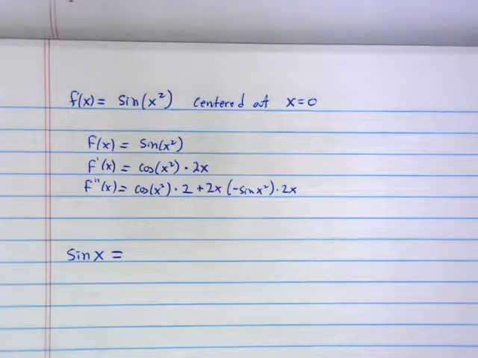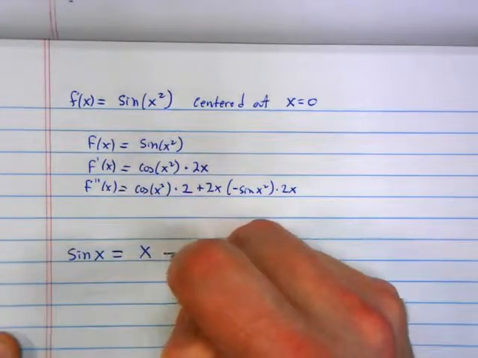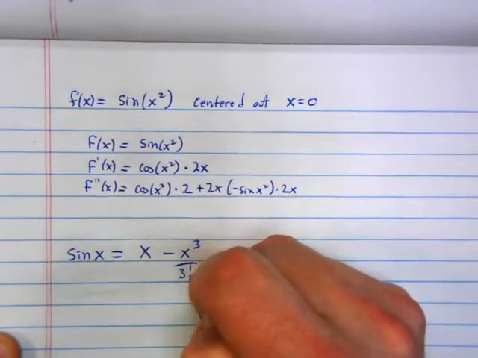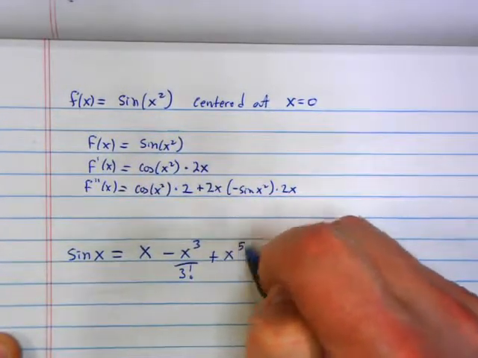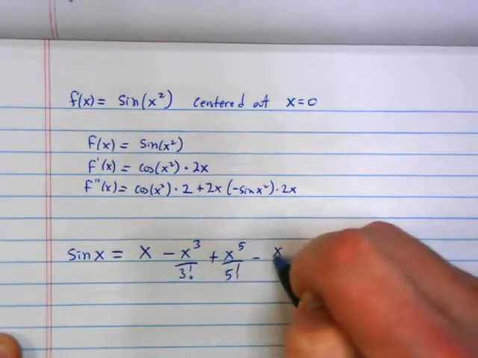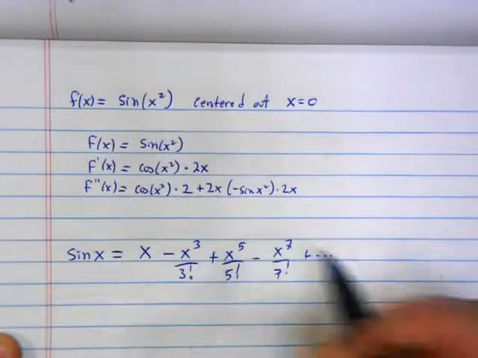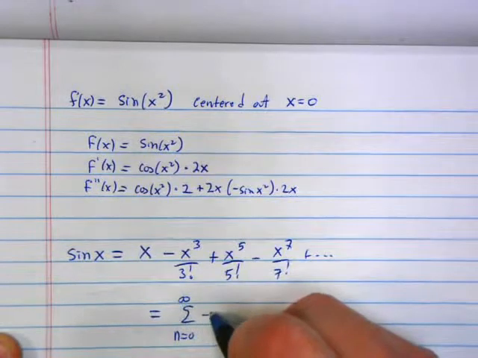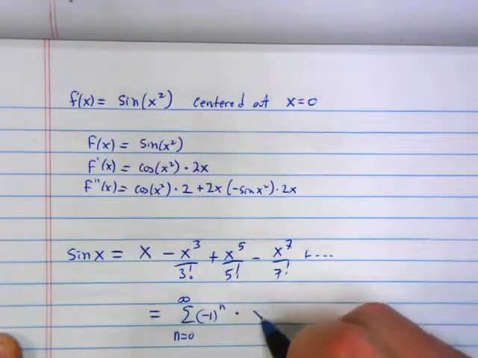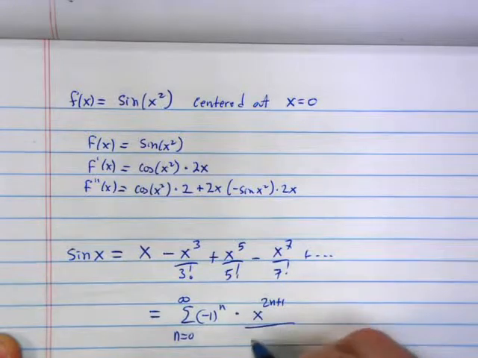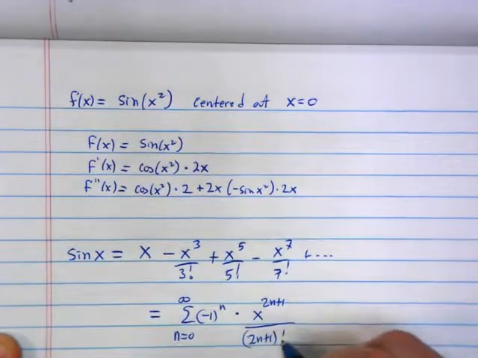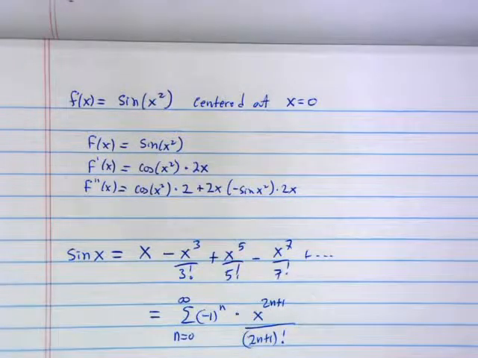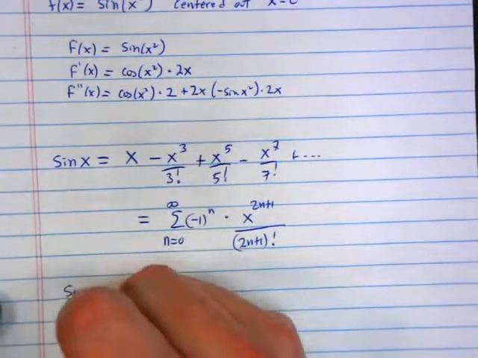It had the odd powers and it alternated. So this one was x minus x cubed over 3 factorial plus x to the 5th over 5 factorial minus x to the 7 over 7 factorial plus, and it went on forever. This one was easy to write as a summation. This is a sum from n equals 0 to infinity, -1 to the n, x to the 2n plus 1 divided by 2n plus 1 factorial. We wanted just the odds. So how does that help us